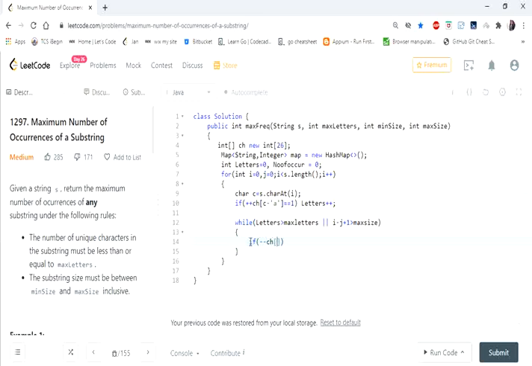That is, I'm going to decrement the character at j, and I'm going to check whether it has become 0. That is, the character is completely removed from the substring. If it is completely removed, then we have to remove that letter from our substring as well. So I'm going to decrement the letters